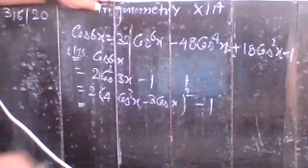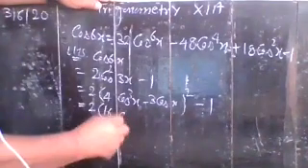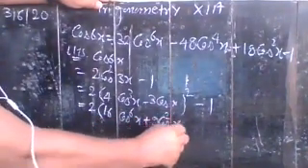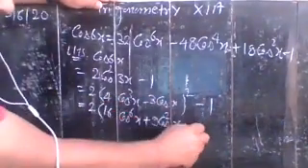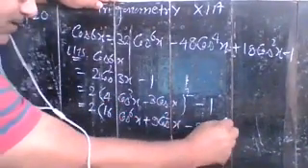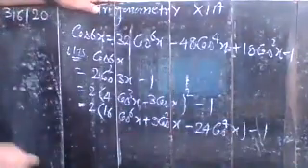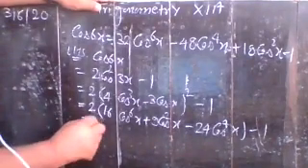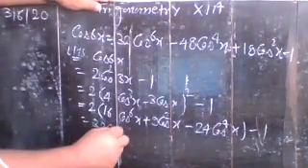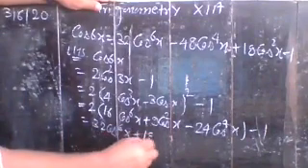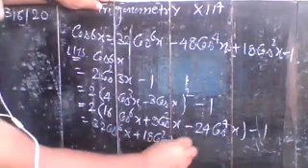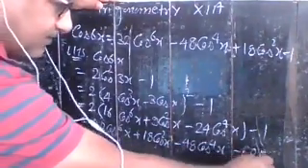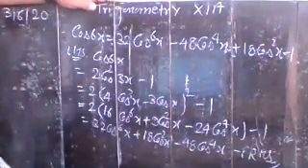So if you expand, here you have 16 cos to the power 6x plus 9 cos square x minus 24 cos to the power 4x minus 1. And multiplying it by 2, you will have your answer. So here you have 32 cos to the power 6x plus 18 cos square x minus 48 cos to the power 4x minus 1. That is your right side. Note it.